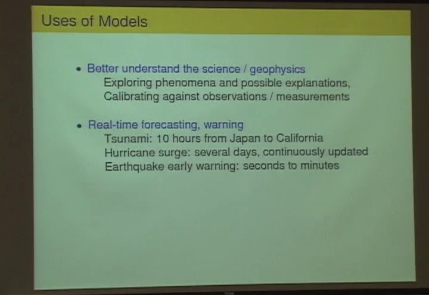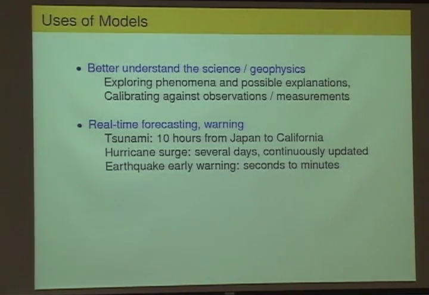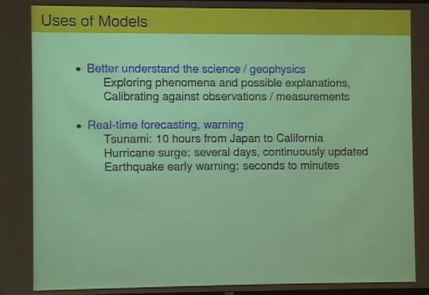There are also, of course, applications such as real-time forecasting and warning, which is something we haven't been very involved in my group. The tsunami warning, for example, is handled by NOAA. They have the Pacific Warning Center in Hawaii and Alaska, where they have big models that they've been running for many years, and they have a big database of simulations that they use to help do that warning. But we're starting to look at some possible ways that that kind of technology might be improved in the future.